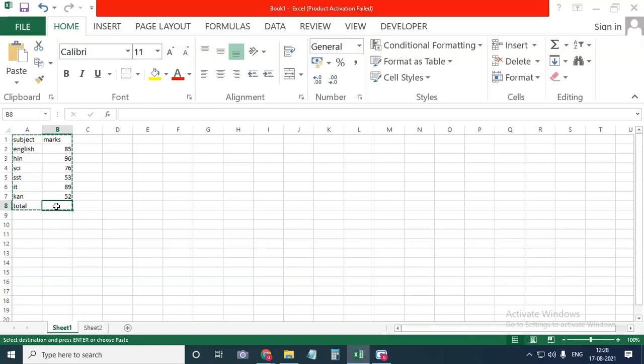Now I want to find out the total marks here, and for that I'll use a formula. Again I want to find the total marks in the second sheet. So instead of using formulas again and again, I'll use the macro to run that. Here I'll change the marks because I pasted the same thing.